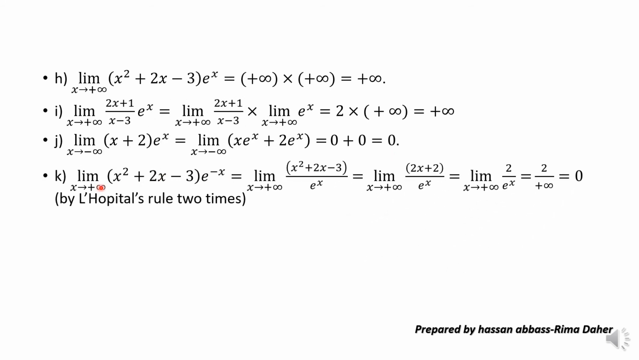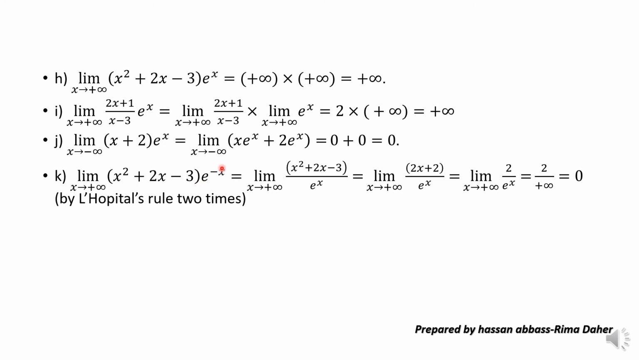Limit where x tends to plus infinity of x squared plus 2x minus 3 times exponential minus x. If we replace x by plus infinity in this value, we get plus infinity times exponential minus infinity, and exponential minus infinity is equal to 0. Then we get plus infinity times 0, an undetermined form. That is why we have to